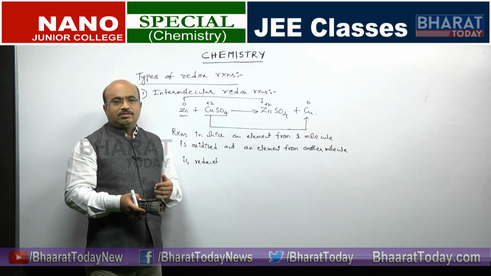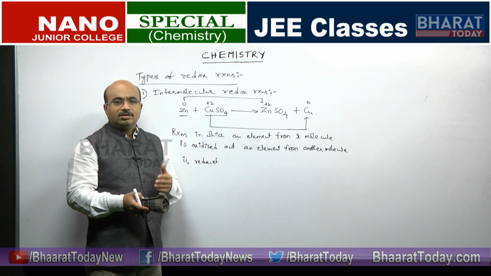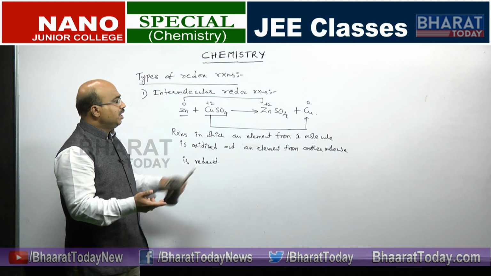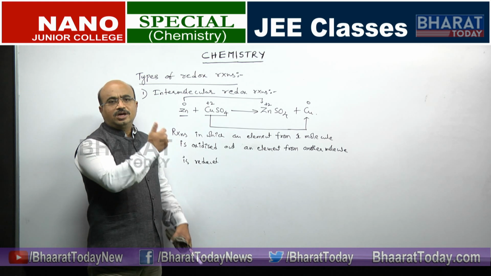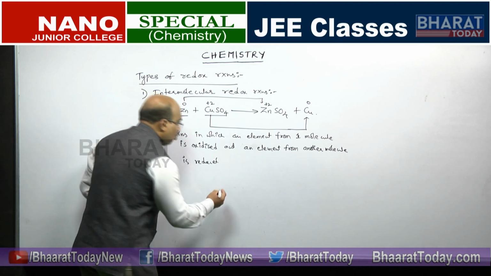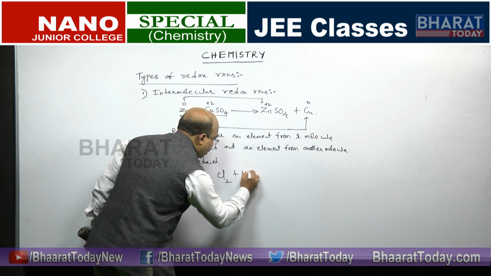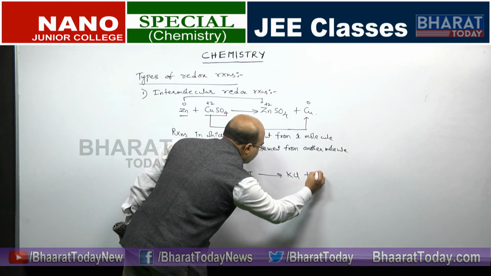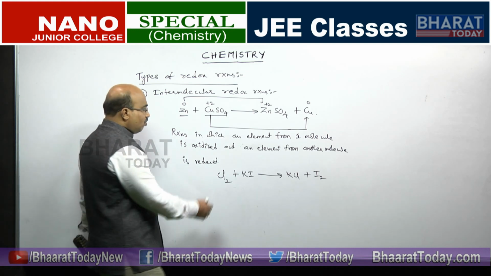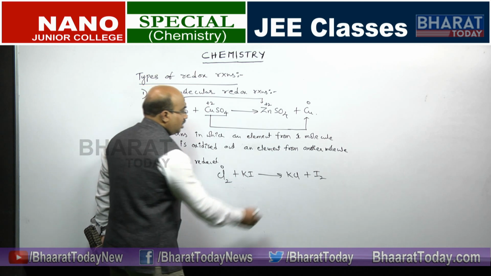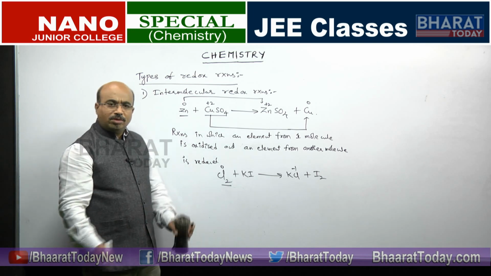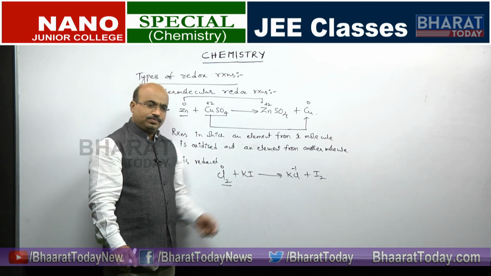We come across so many; I am not giving all the examples here. You can see many examples in chemical reactions, even a simple displacement reaction comes under this class. For example, if chlorine is treated with potassium iodide, you will get KCl plus I2. It is not a balanced equation, but if you see the oxidation state of chlorine, here it is 0 and here it is -1, so the chlorine molecule is undergoing reduction, from 0 to -1.